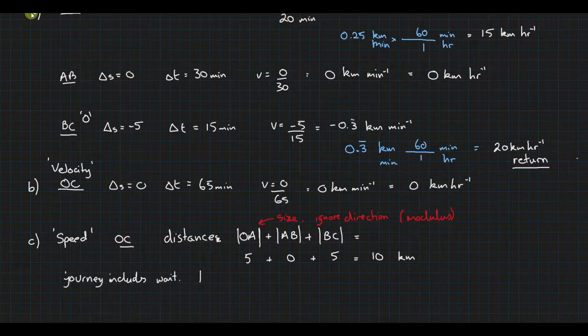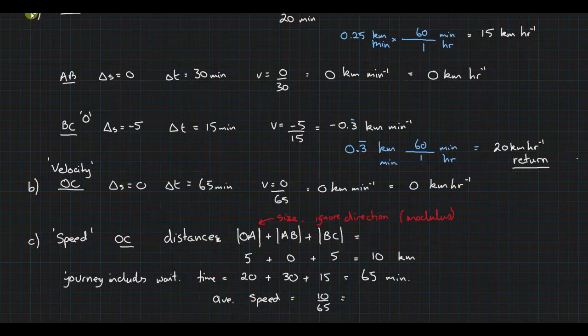Now for the journey we're including the still time. So the total time, we had initially 20, AB was 30 and BC is 15, which is 65 minutes. So my average speed, irrespective of direction, is 10 over 65, which is 2/13 or